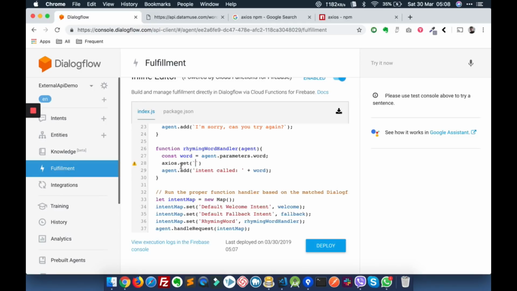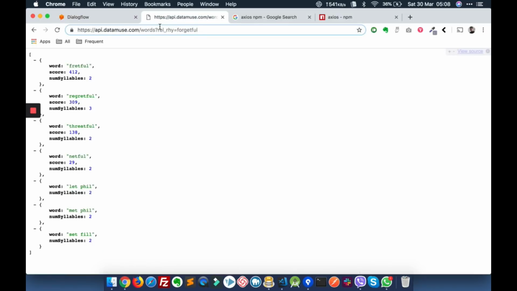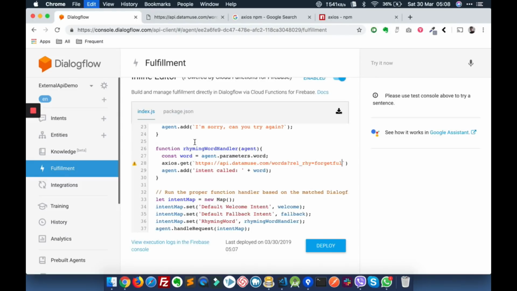Axios.get will make a get request, or basically it will call the URL and it will return the response. So what is the URL? The URL is this. So Axios.get this URL. Now we don't want to hard code this value, so instead of this we use